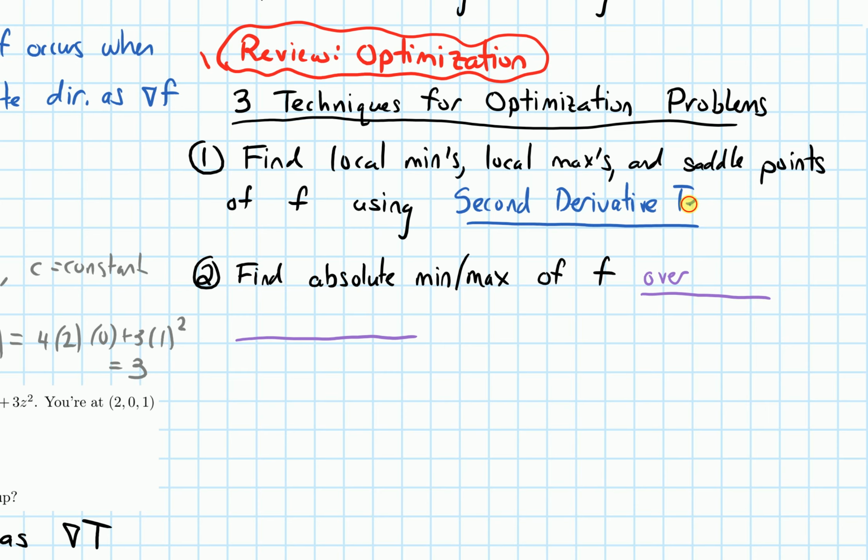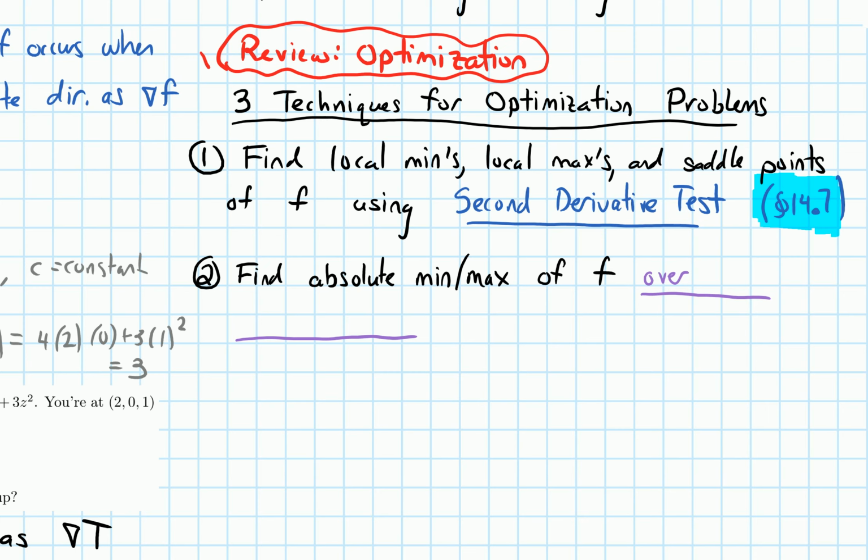So second derivative test. I won't state the whole second derivative test here, but as a reminder, this was in section 14.7. Section 14.7 is where you want to look to review this second derivative test and what it said. Another technique we learned for optimization problems was to find the absolute min or max of a function f